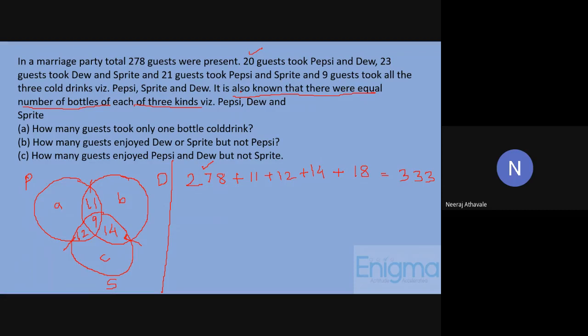Okay, so 333 total bottles, divided by 3, gives individual 111 bottles. Okay,